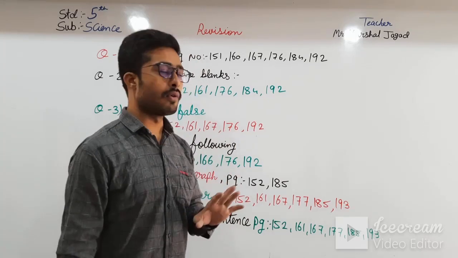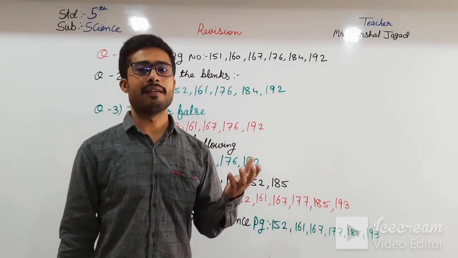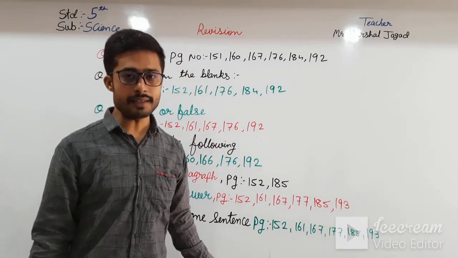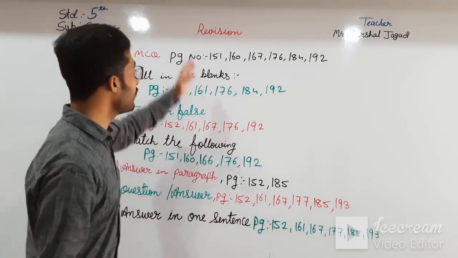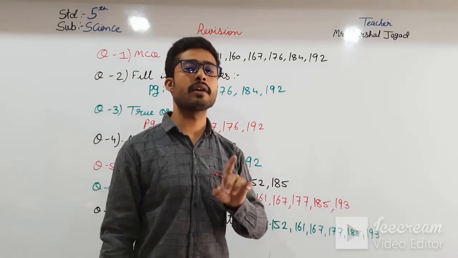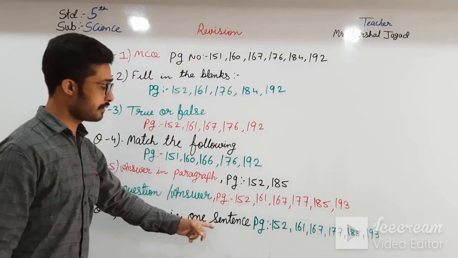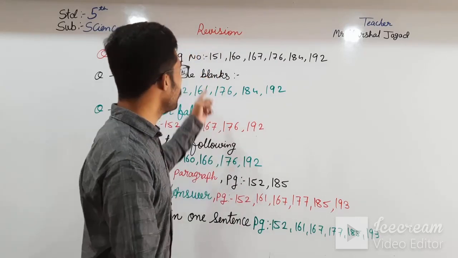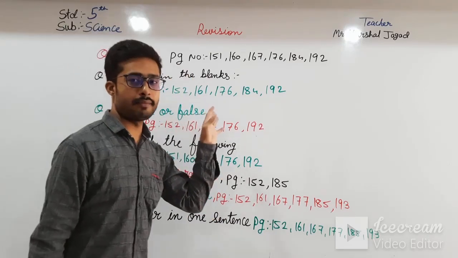Okay students, so if you want to score above 35 out of 40, then you will do this only, then you can score that. And if you want to score full 40, then you have to learn these things and you have to read the whole chapter once. So first I would like to tell you, first of all do all these things and then start reading the chapter. Okay students, first of all you do all the things which I have given in the page numbers. So these are some of the scoring marks.